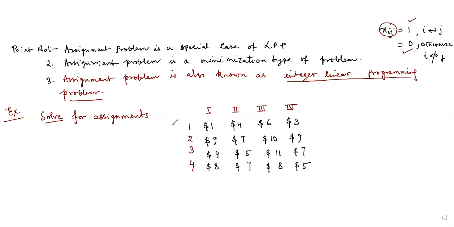From the next operation onwards, I will not write the dollar signs. You can avoid writing these dollar signs, or you can keep them. It doesn't have anything to do with the Hungarian method because the methodology will not change in this regard. The first 3 steps of the Hungarian method, step 1, step 2, step 3, if you have copied them earlier, the row operations, the column operations, and the assignments